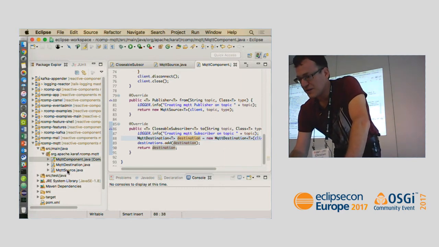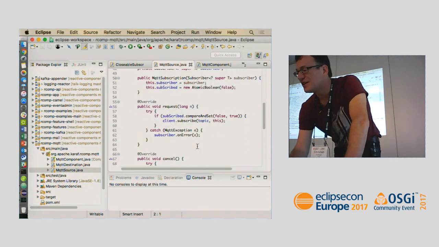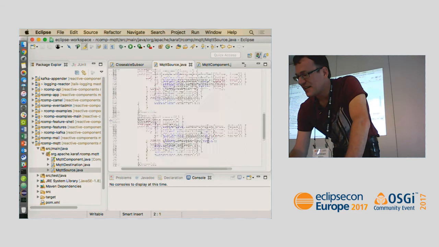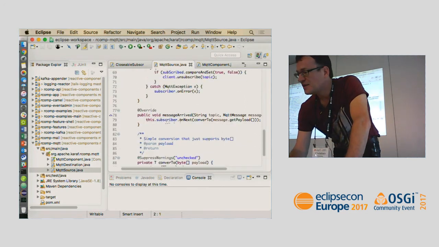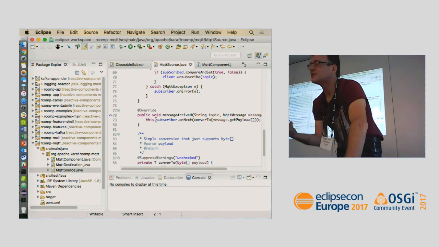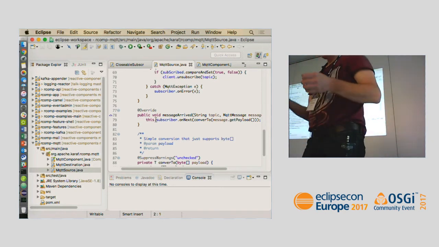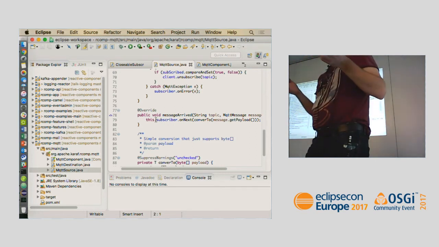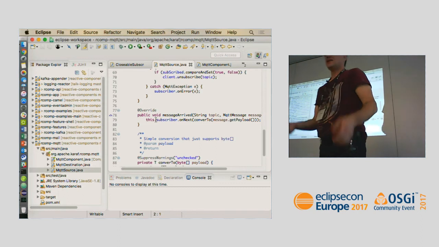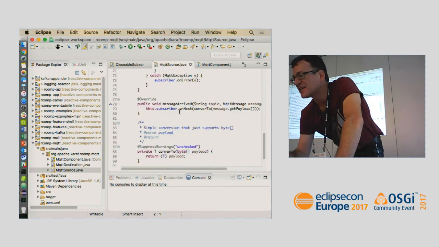And if we look at MQTT source, this is exactly where it's not compliant. It makes its life easy. Just when you request the first time, it subscribes, and then it just goes on next. So the current implementation does not do this checking that you're not delivering more than is requested, but it still works. It's not compliant to the spec, but it already works with Reactor. And it could be made compliant at any point. It's easy. You just have to improve the components to be actually following the spec in detail.